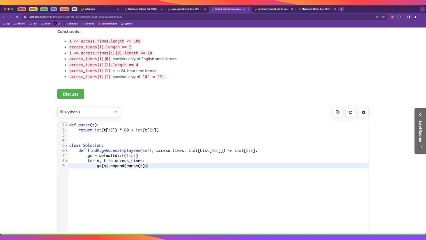Let's finish this one. So we group them by name, and now we are going to process. So we can return them in any order, so that doesn't matter. So the name and the times in the groups, and we want to know, so we want to sort them so that we can check groups of 3 that are consecutive. So if we want to go over